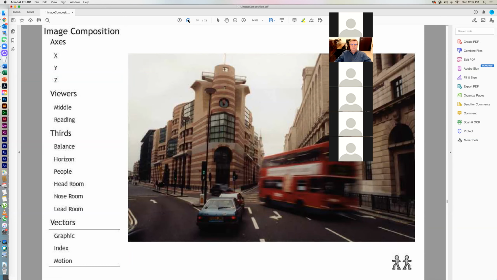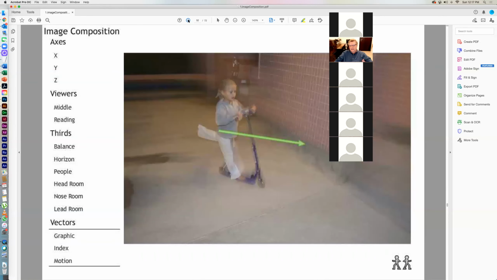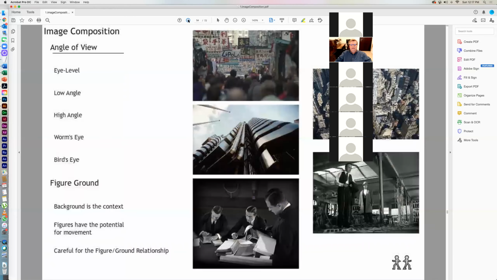I could see better composition. Okay, here even is the motion vector, the blur, the line. Okay, so I'm going to stop it there because there's some other things about